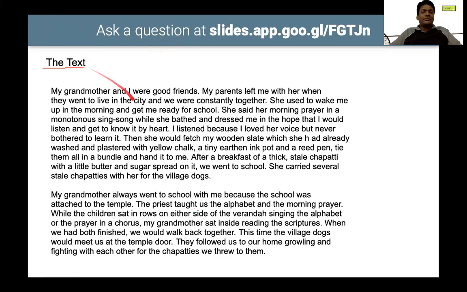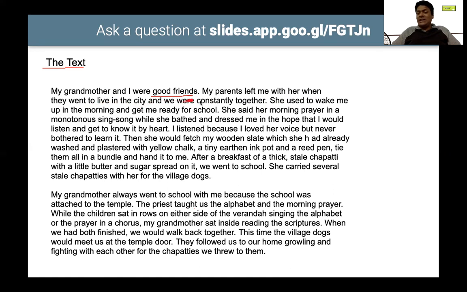Okay, now you can see that the text begins by saying, "My grandmother and I were good friends." So the writer stated here that his relationship with his grandmother was like a friendship. He said that he and his grandmother were good friends. He also stated that his parents left him with his grandmother when they went to